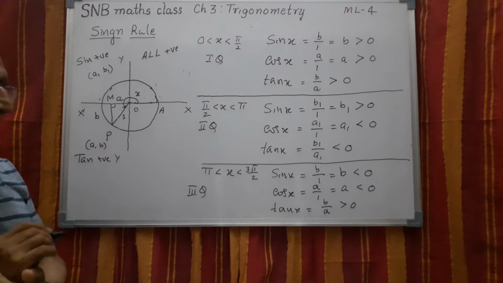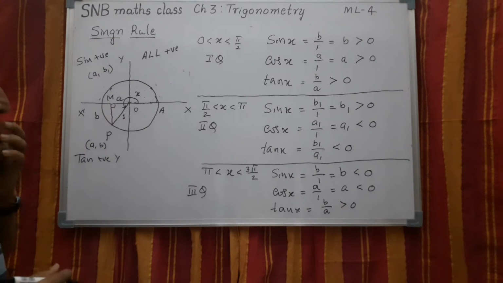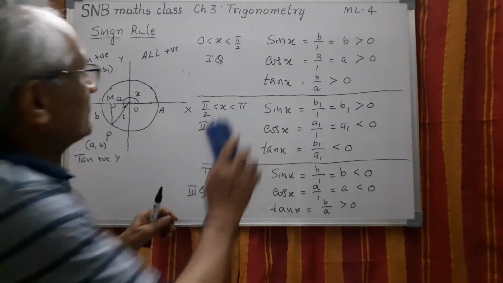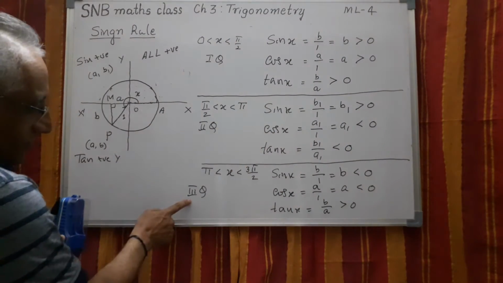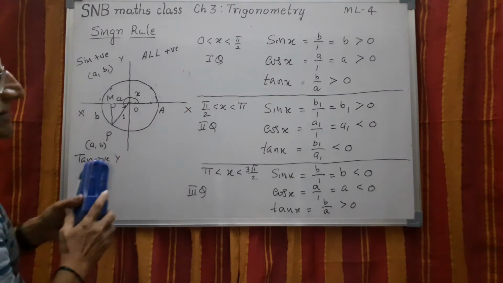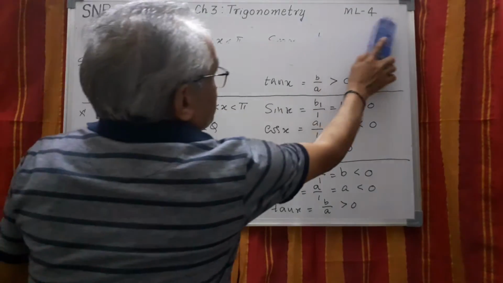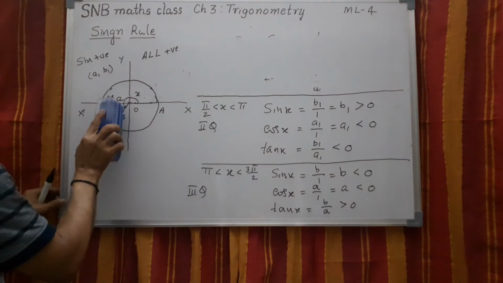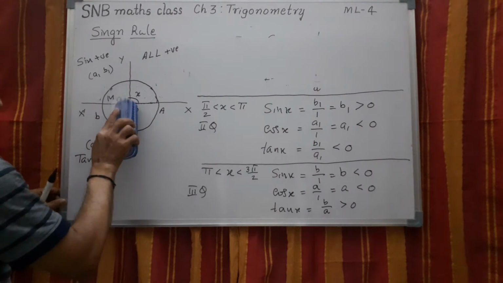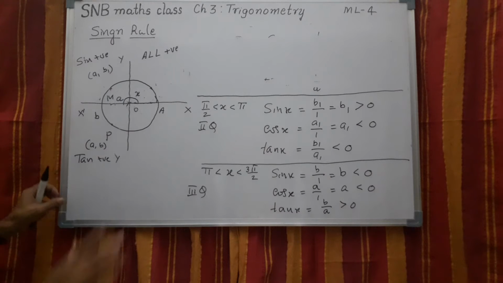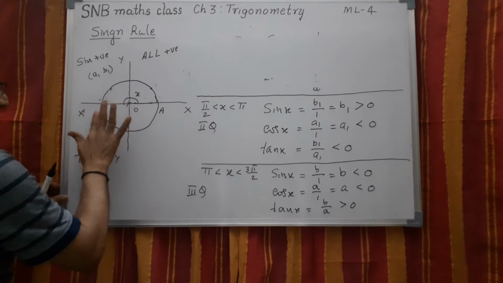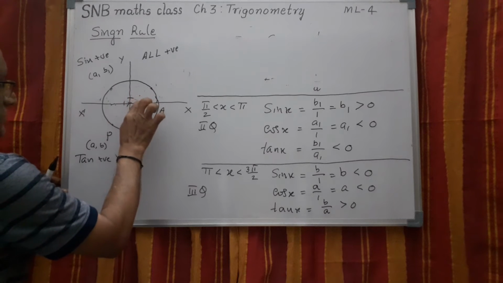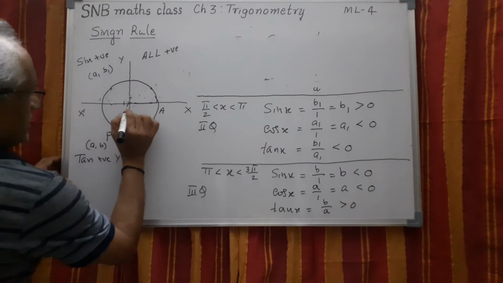Now definitely you can guess what is the next term. So here cos will be positive, but I have to show you how cos is positive. This is the third quadrant, second quadrant, first quadrant. I will remove all the diagram, otherwise there is confusion. We need only the circle. So this is O.